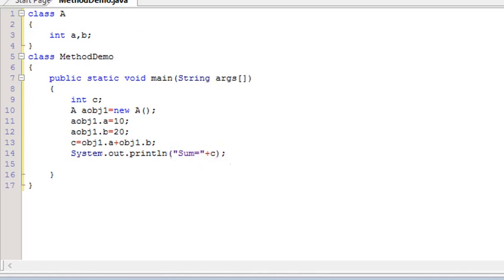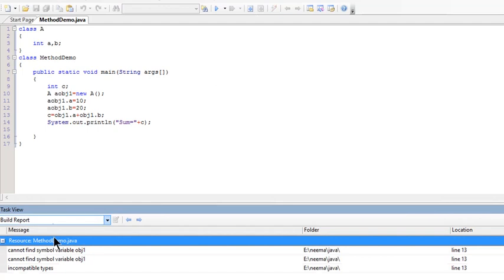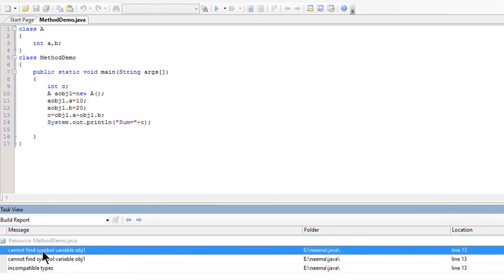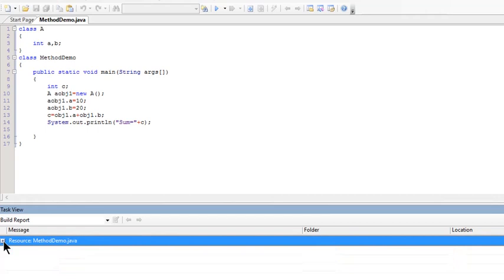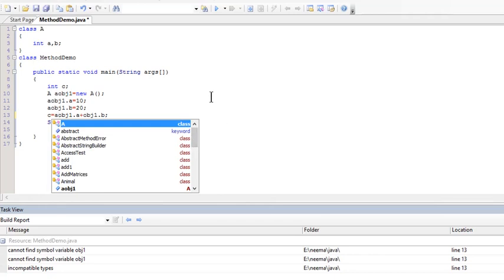Now we'll execute this program. Save, compile. So it's aobj1, that's the error here.